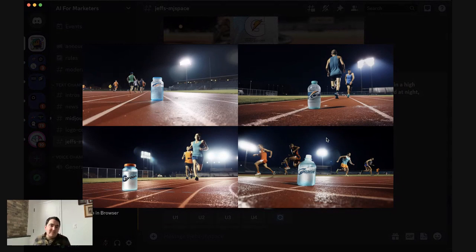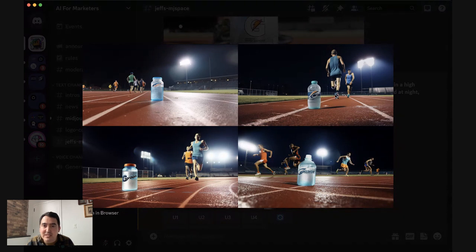And here we go. This is what it brought us. You can see the orange shirts. That's actually coming from the Gatorade bottle tops. That's the inspiration there. You can see that it tried to keep a bottle in the frame. It also kept the camera angle the same from the previous image, so you can see where it's getting that inspiration. Lots of really cool things there. You can see it added a lot more runners because we asked it to have runners training at night. Some of them are not going in the right direction.